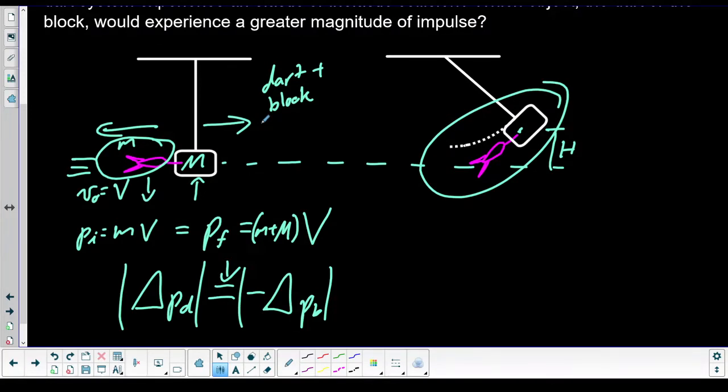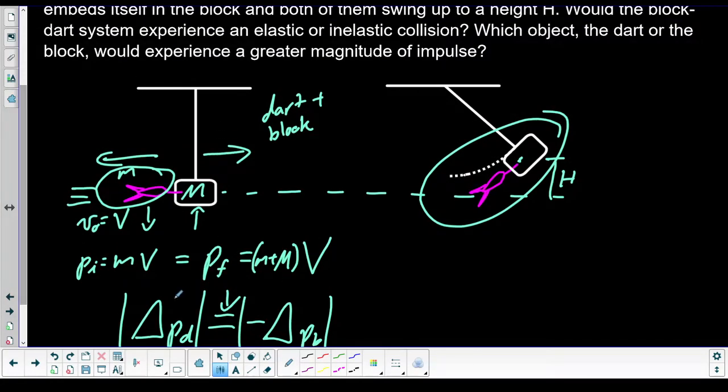If you really want, you could make up masses for this, right? If you're like, Barton, you're not really showing me how to do the physics, right? Pick some masses, right? Like here's a dart. How big are darts? I don't know. The mass of the dart equals 100 grams. The mass of the block, make it as big as you want. I don't care. Capital M is 2 kilograms. And then make this thing go as fast as you want.